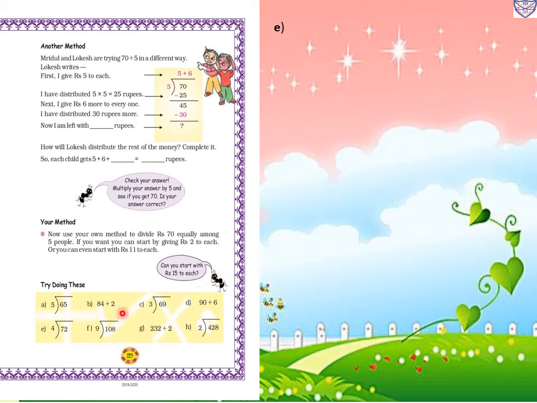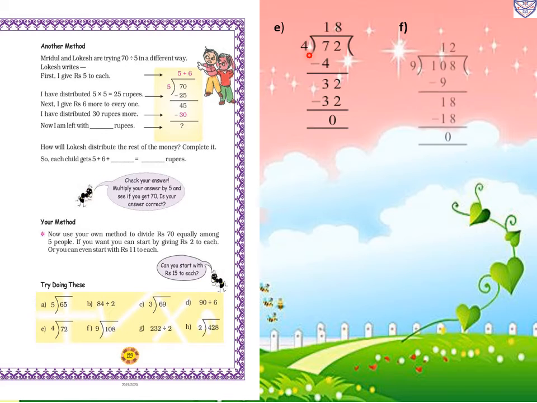Now next, 72 divided by 4. So first we will take first digit 7. So in 4 table 7 will not come. So we will take 4 ones are 4. So 7 minus 4, 3. And this 2 we will carry down. It will become 32. In 4 table when 32 will come, 4 eights are 32. So 32 minus 32 we will get 0. So our answer is 18.